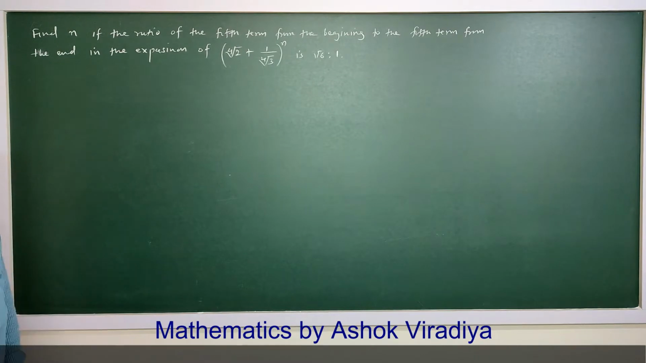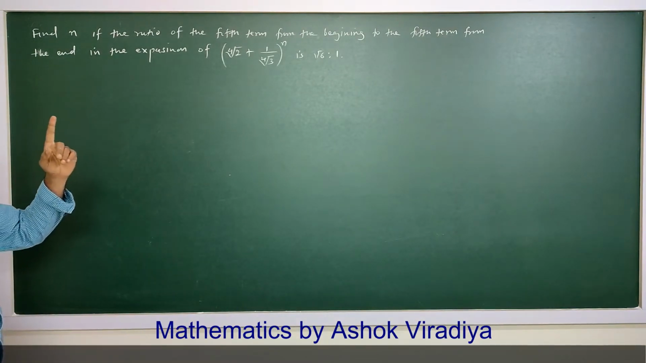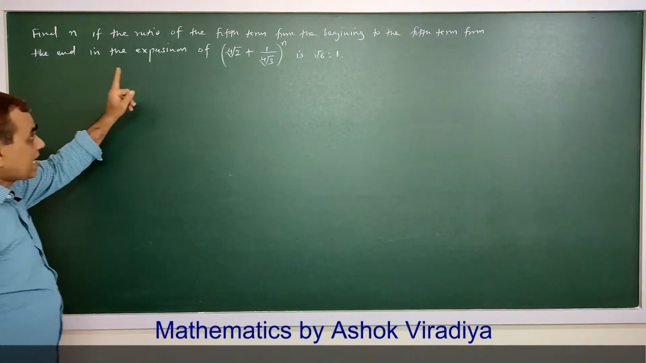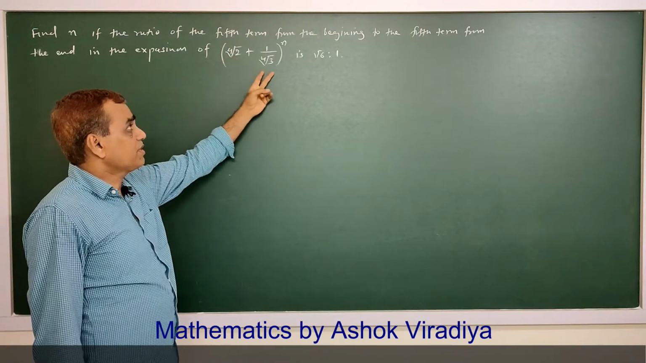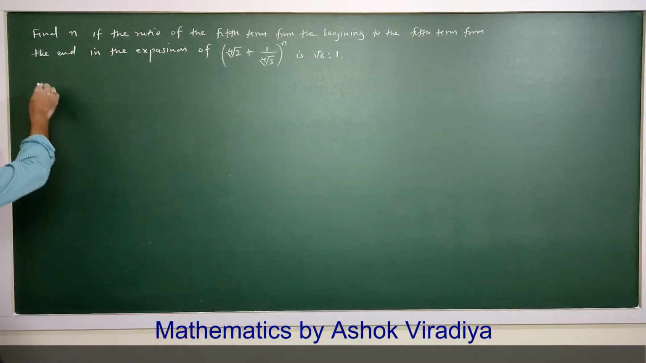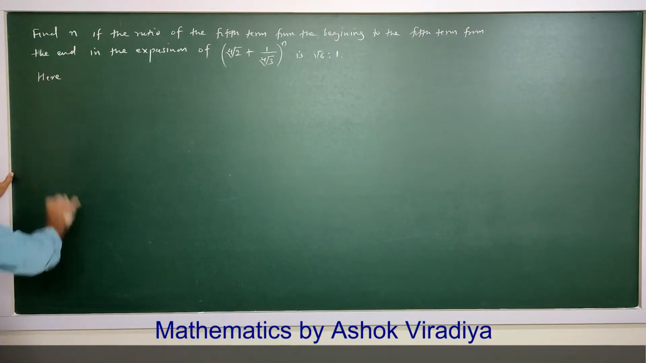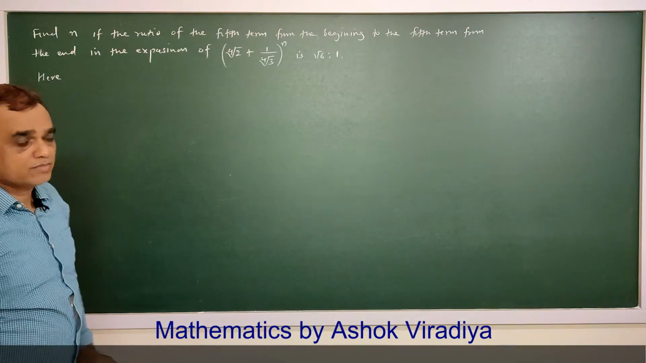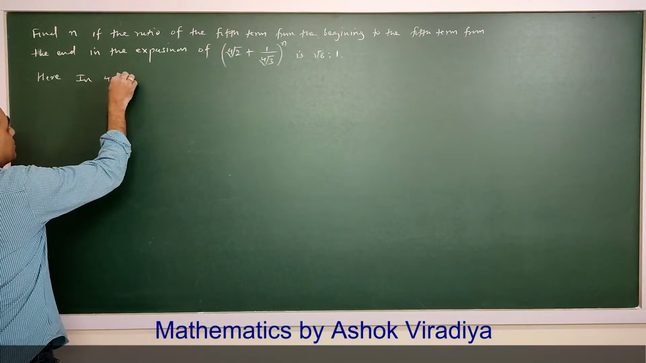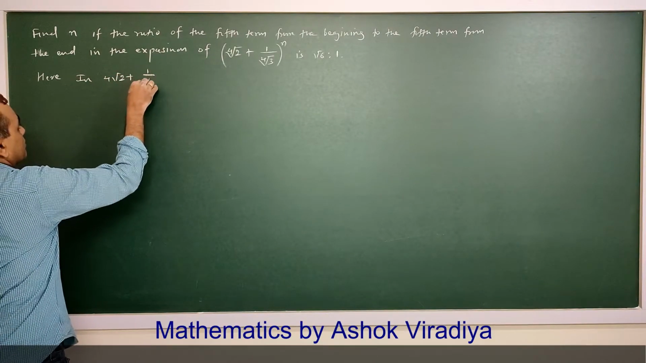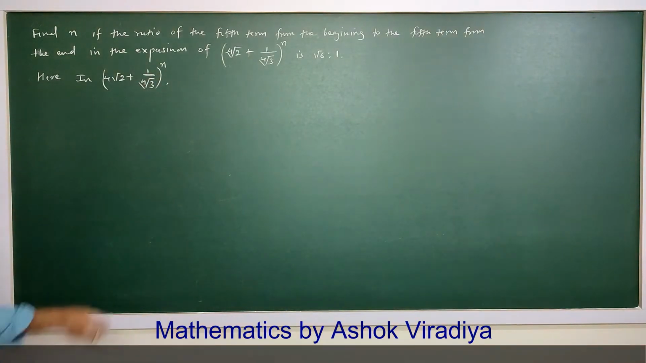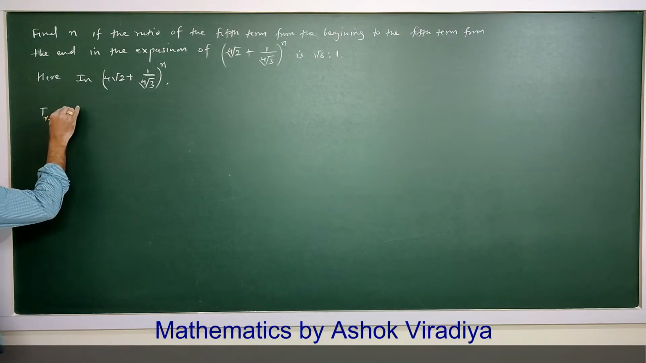Find n if the ratio of the fifth term from the beginning to the fifth term from the end in the expansion of this expression is root 6 is to 1. Say here, first of all we get the expression for the general term in the expansion of this expression, the r plus 1th term is